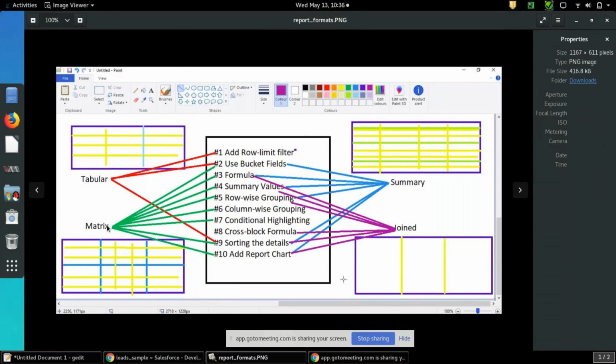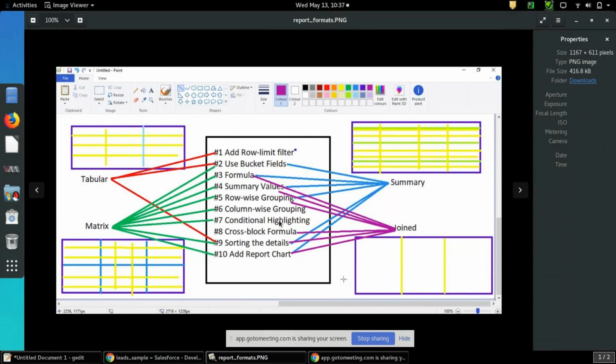And using matrix, these are all you can do, like bucket fields, formula, summary, row wise and column wise grouping you can do. In summary only row wise you can do. Conditional highlighting, sorting, adding report chart. In joined report, you can do formula, summary values, row wise grouping, and cross block formula fields you can add, and sorting you can do, add report chart.